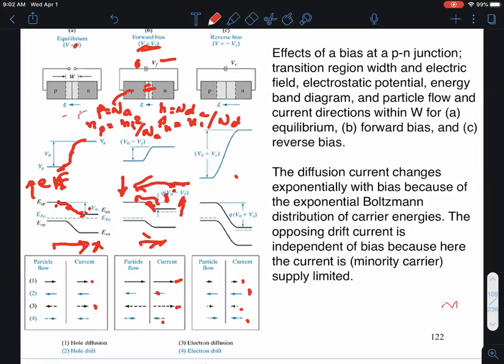There's field lines from the positive donors to the negative acceptors, in the depletion region, which is shown in the lightly shaded region. If you integrate that field, you'll get the electrostatic potential shown in the middle row over here. And the corresponding band diagram is a mirror image of that, because electron energies are minus Q times the